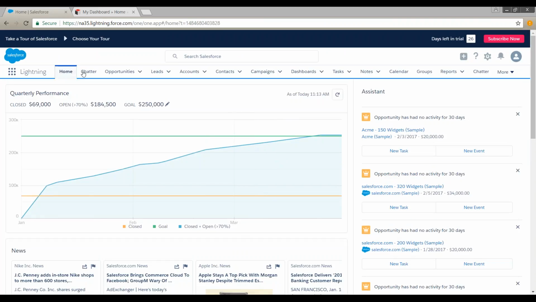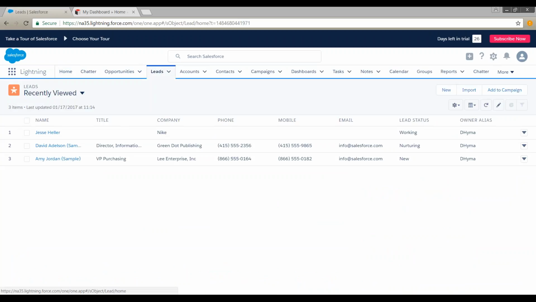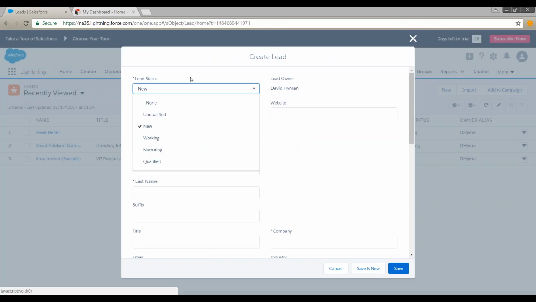Okay, so here at the top are very similar to Sugar are going to be all of your objects. In SugarCRM, these are modules. In Salesforce, they are objects. Just click on a lead object, and what I'm going to do here is I'm going to take you from a very quick lead to cash example of being able to create a lead, attach it to an account, and then I'm going to do the same thing inside of Sugar. Creating a lead inside of